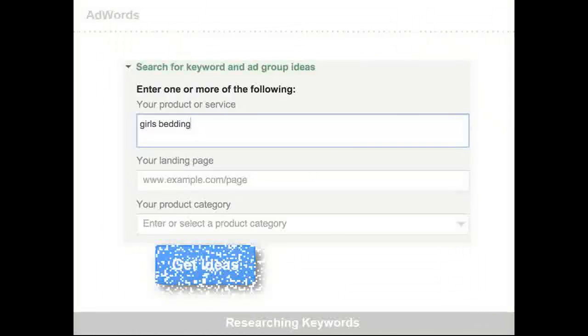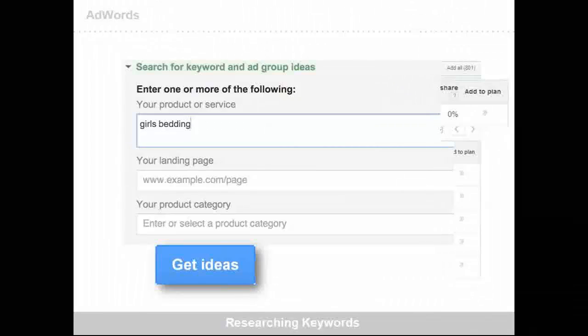Right, so we're back to our client because you hit on get ideas. This is the kind of results that the tool throws up. Keywords are usually sorted by relevance by default. You have options like the average monthly searches, your suggested bid, and a bunch of other options you can add from this panel. What's really important for us to consider on this panel are these.